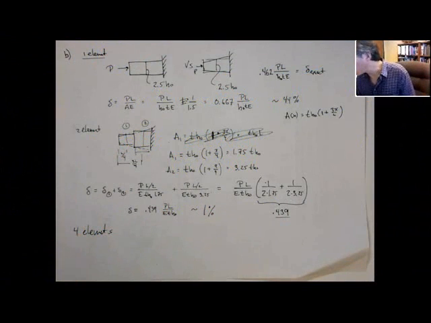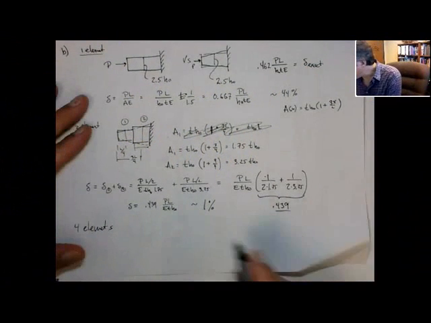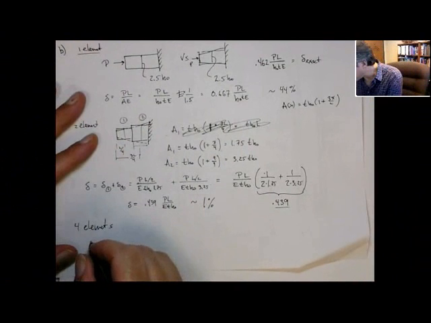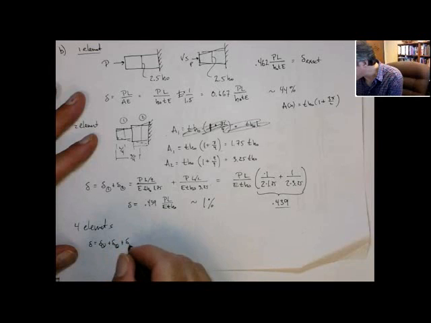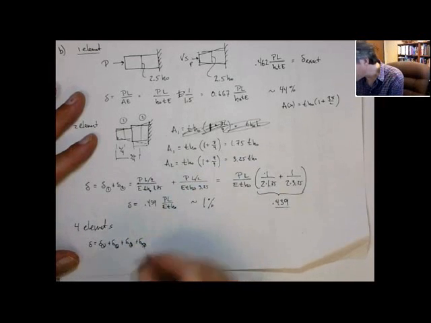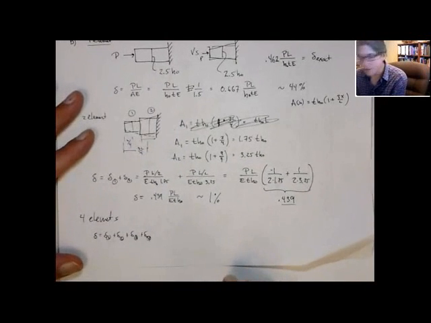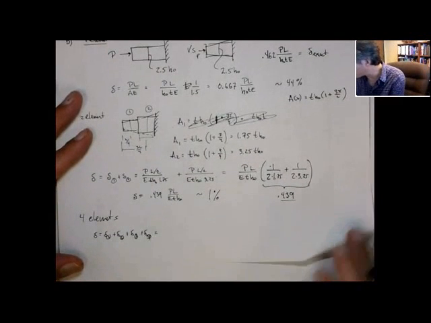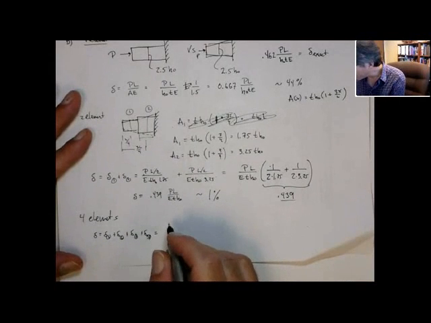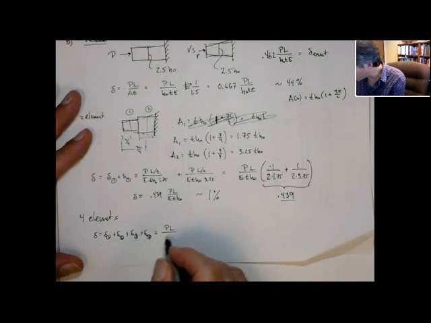All right, so if we're doing the four-element problem, what you get out of all these things is the delta of the first element plus the second element plus the third element plus the fourth element. And you can see they're all going to pull out this common term. I'm going to use an Excel spreadsheet just to make my life easier, because there's no way I can do all this without making some sort of calculation error. So if you look at this, they're all going to have a PL over ETH